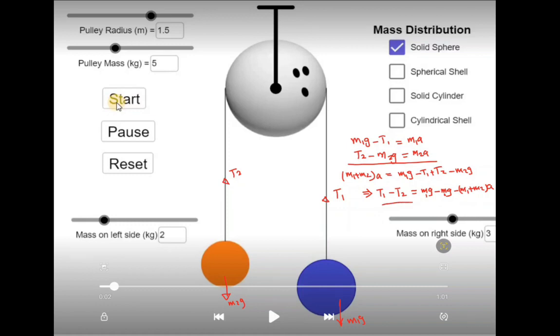Now let's leave this one here. Now remember, for this pulley here, we have (T1 minus T2) times the radius r equal to I alpha. You substitute T1 back in this one here, you will find that